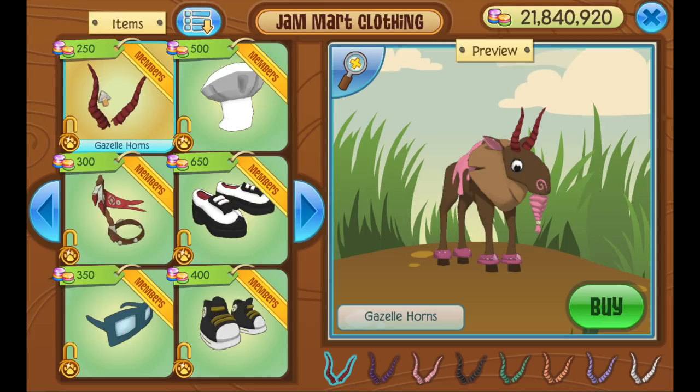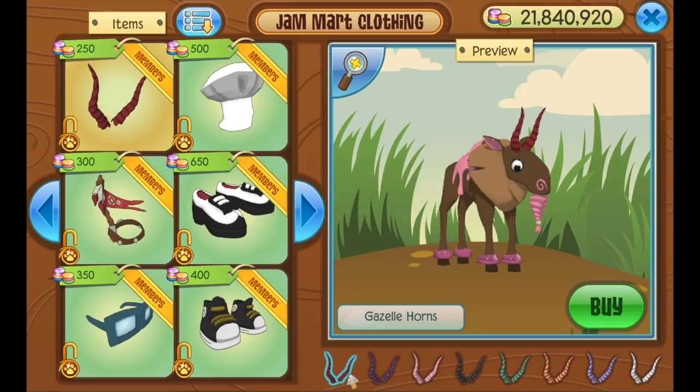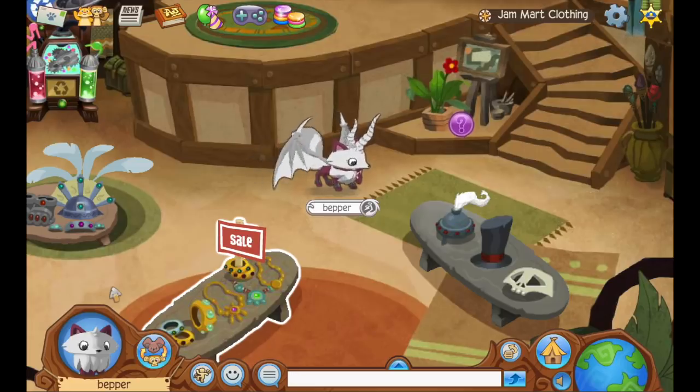However, so are the wings, and the wings rated way lower on this list than the Gazelle Horns, because I'm going to give the Gazelle Horns a perfect 10 out of 10. This is a beautiful, perfectly crafted item. On every single animal, it is just beautiful. So congratulations, Animal Jam. This is probably the best item you've ever made. Not to mention, the color selection is just great. So far, the Gazelle Horns are our winner, but we do have a few more items to go through,